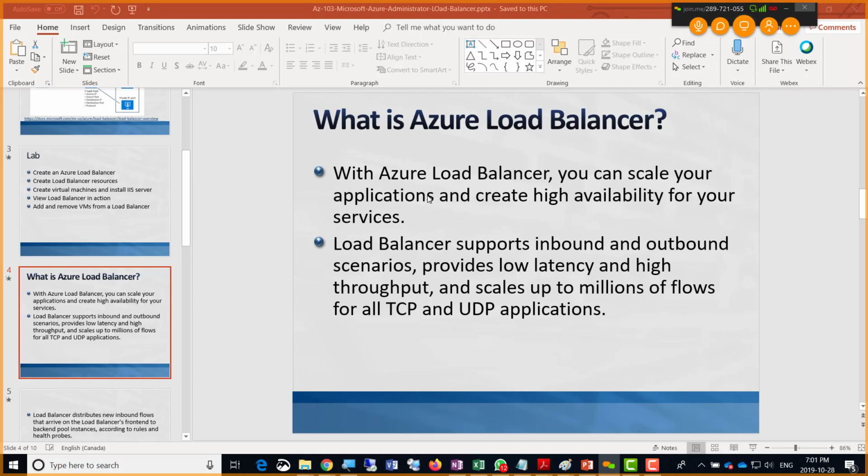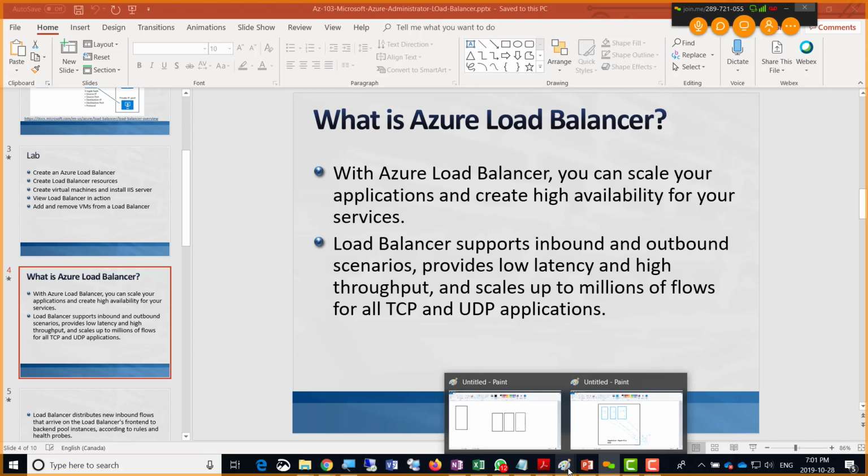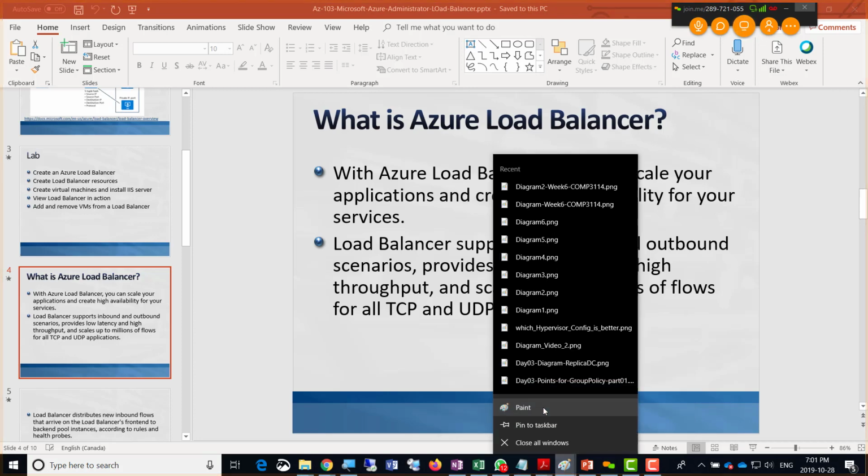With Azure Load Balancer, you can scale your applications and create high availability for your services. Load Balancer supports inbound and outbound scenarios, provides low latency and high throughput, and scales up to millions of flows for all TCP and UDP applications. So what is it saying? Suppose you have two virtual machines here,